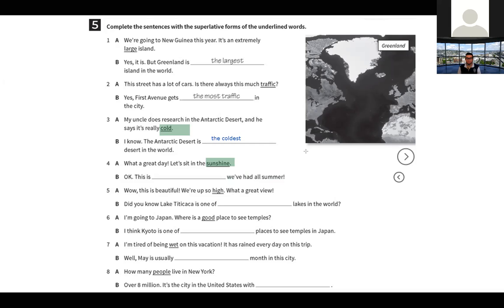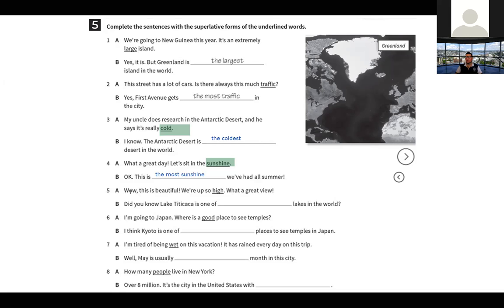Sunshine. Is it a short adjective or a short noun? What do you think in this case? Yeah, you say the most shine, right? In this way. No? What a great day. Let's sit in the sun, in the sunshine. No? Okay, this is the most sunshine we've had all summer.